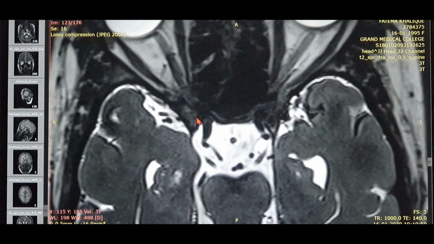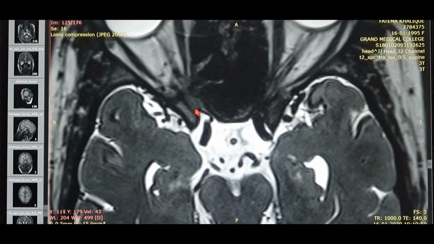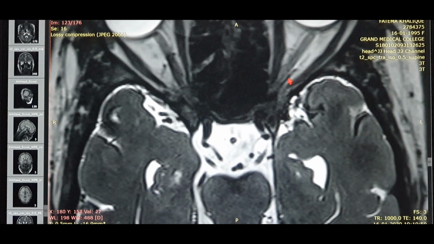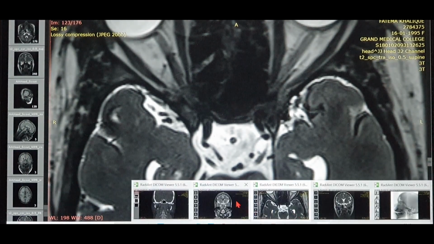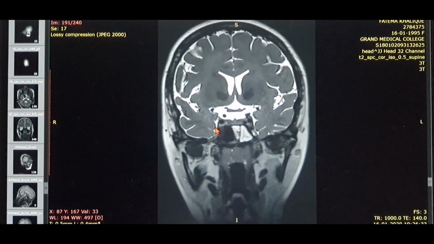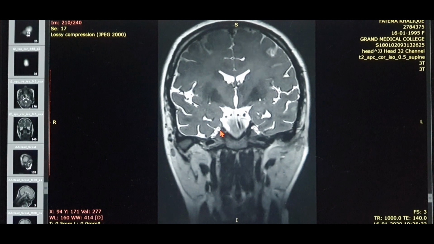You can see very clearly it's originating from here, and then it is seen over here as well. So this is how you trace the entire internal carotid artery on an axial scan. Now if the question arises for a coronal section, then the coronal section is also, see, the easy trick for